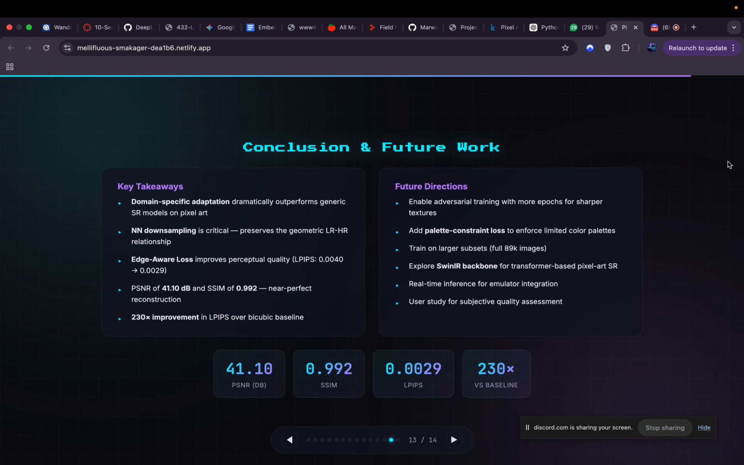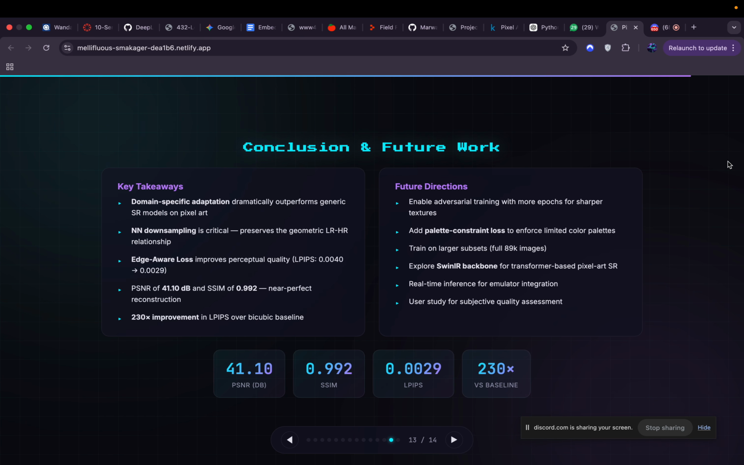Analyzing the results. Okay, so for our conclusion and future work, to summarize our key findings, domain-specific adaptation matters. By simply changing the downsampling strategy to nearest neighbor and adding an edge-aware loss, we dramatically outperform generic upscaling. We achieved a PSNR of 41.10 dB, SSIM of 0.992, and LPIPS of 0.0029, representing a 230 times improvement over the bicubic baseline. For future work, we'd like to enable